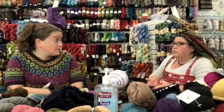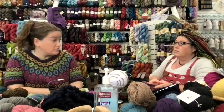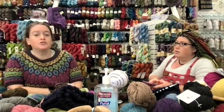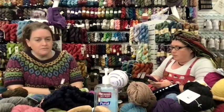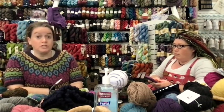Yeah. How we would answer this, I feel like partially: if it's something that's designed for two different thicknesses, hopefully the pattern writer has already taken that into account. I want to say Pressed Flowers might need two different thicknesses of yarn anyway. If you're trying to change a pattern that wasn't written for two thicknesses of yarn, but you have two different things you want to use,